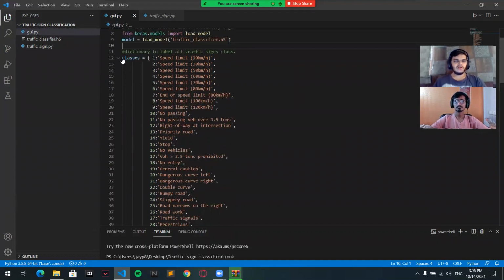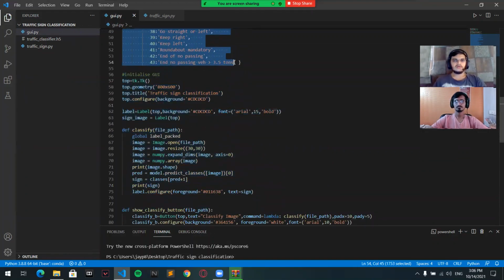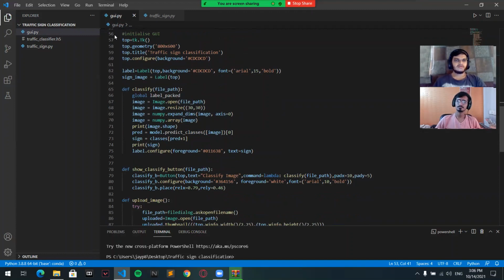So here there are some different dictionaries of the labels. These labels indicate the particular traffic signs that we have initialized. So here we initialize the GUI.